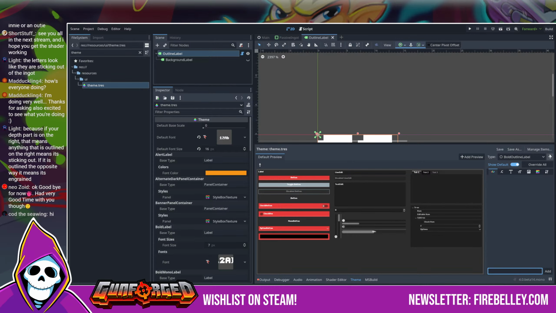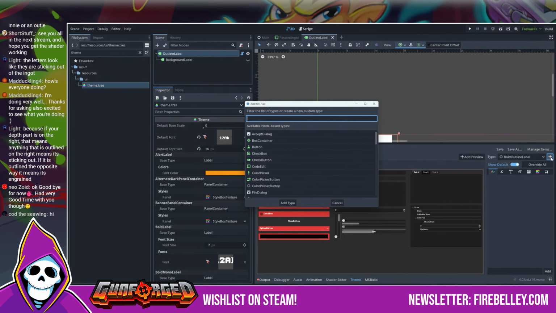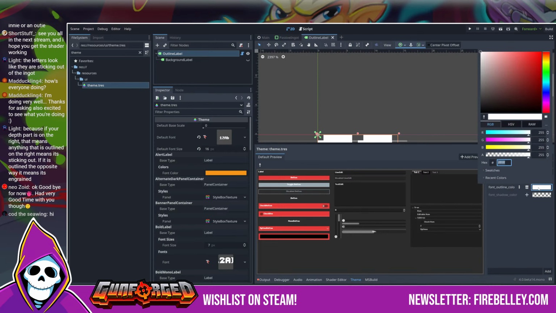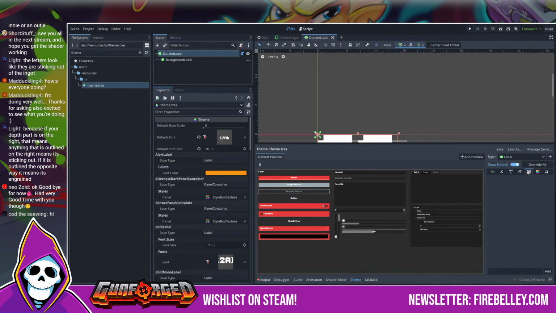Oh, I forgot how to use this. So I just need a label then. Okay, so the font color. Okay, yeah, so we will basically just want to do the font outline color. Set that to black. My bold label needs a...